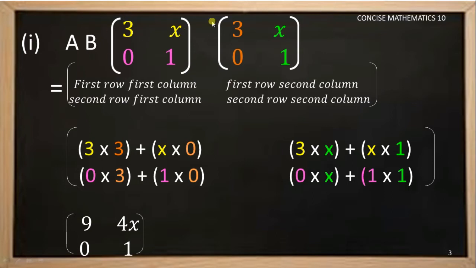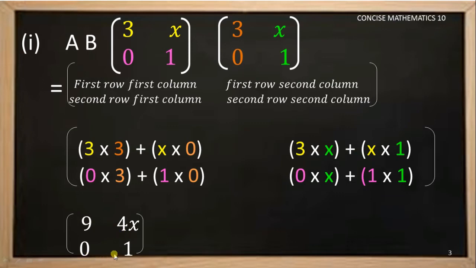As both the given matrices are square matrices of order 2 by 2, we need not cross check. If the given matrices are square matrices, definitely we can do the multiplication process. Only this small error here, please correct it children. It is not A into B, it is A into A. So after calculating A into A, the obtained result is nothing but A square, 9, 4x, 0, 1.